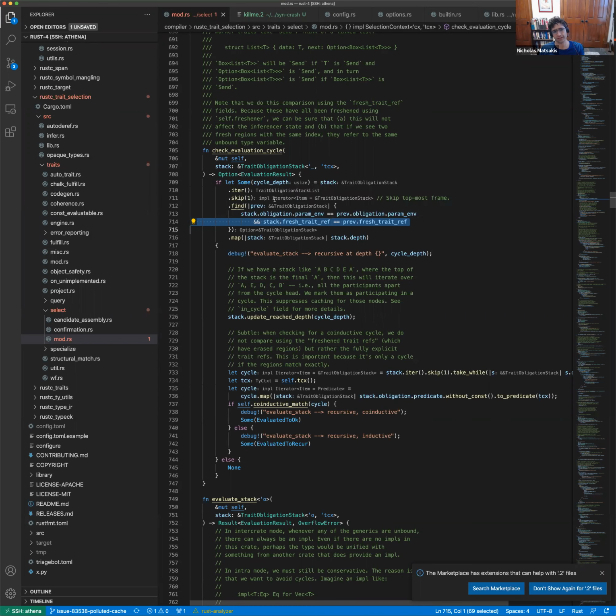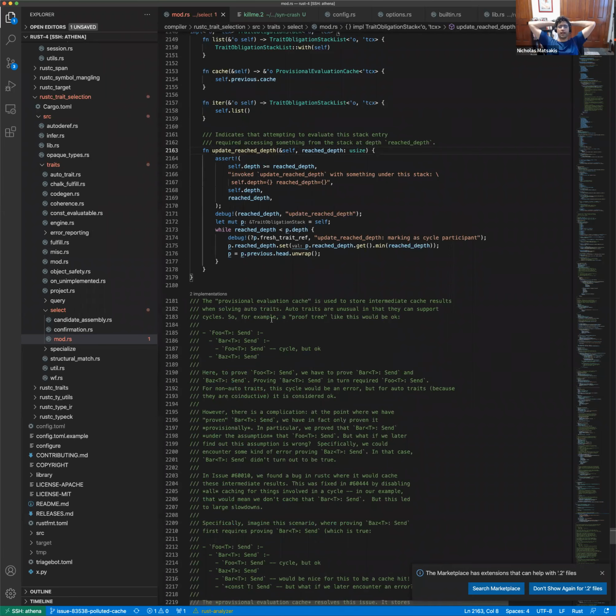Right. So we iterate over the stack. We look and see if any of them are there. If there is one, we extract its depth, and we say, okay, we found a cycle. And this is where the assertion is failing, as an aside, or one of the places it might be failing. And then we call update reach depth. So what is that? What happens is for everything on the stack, we are tracking what is the